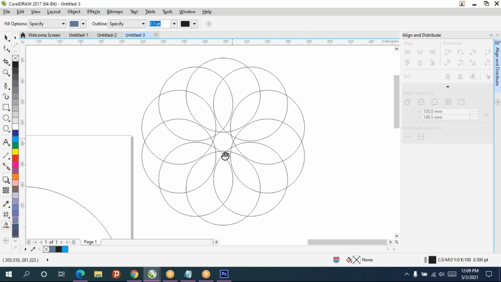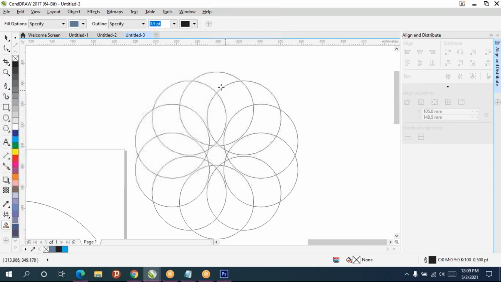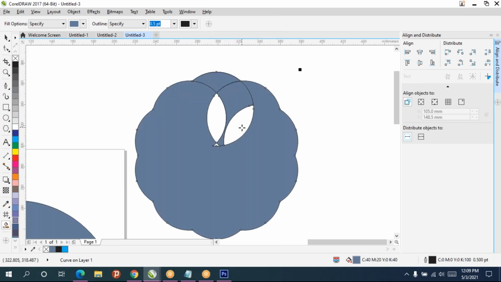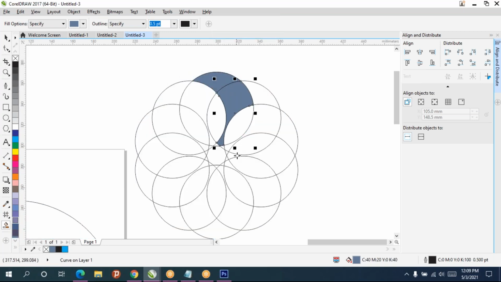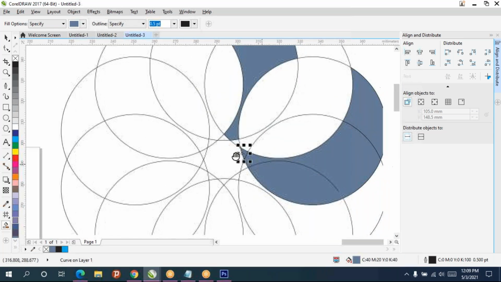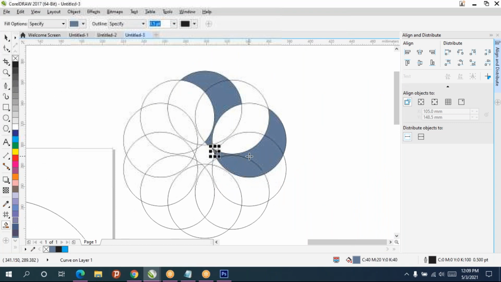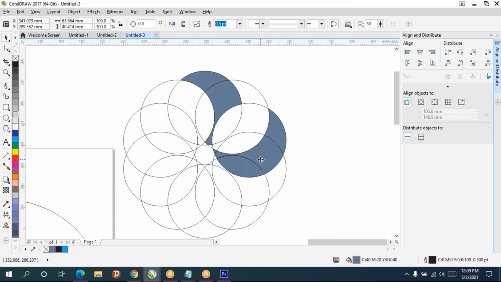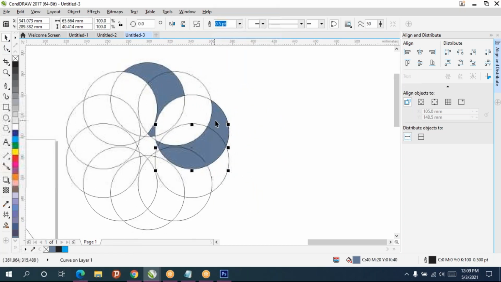Now I'll take smart fill. So only this kind of shapes now you can get.